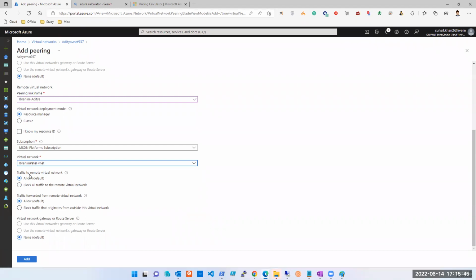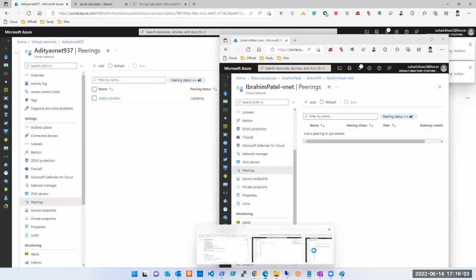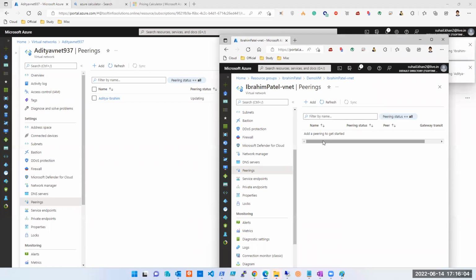देन अगेन ट्रैफिक टू रिमोट वर्चुअल नेटवर्क। नाउ व्हिच इज द रिमोट वर्चुअल नेटवर्क फॉर दिस वन? नाउ वी आर ऑन इब्राहिम्स वर्चुअल नेटवर्क। तो रिमोट वर्चुअल नेटवर्क कौन सा है इसके लिए? आदित्य. Right? Simply click add and that is it. It is validating. It should be done. Now in some time you will see now say it is updating यहाँ पर।